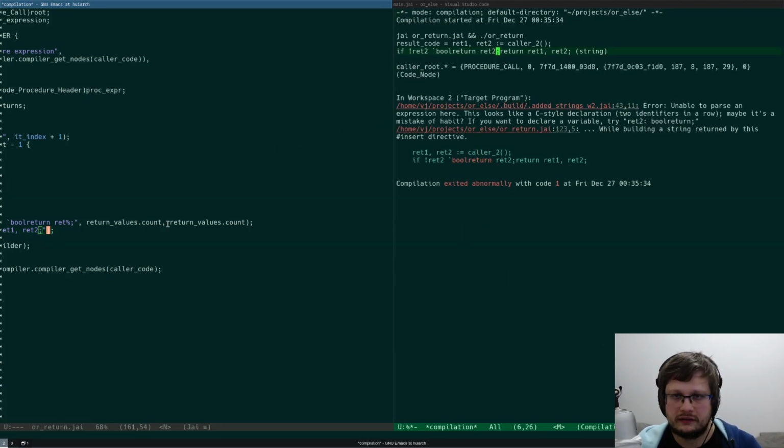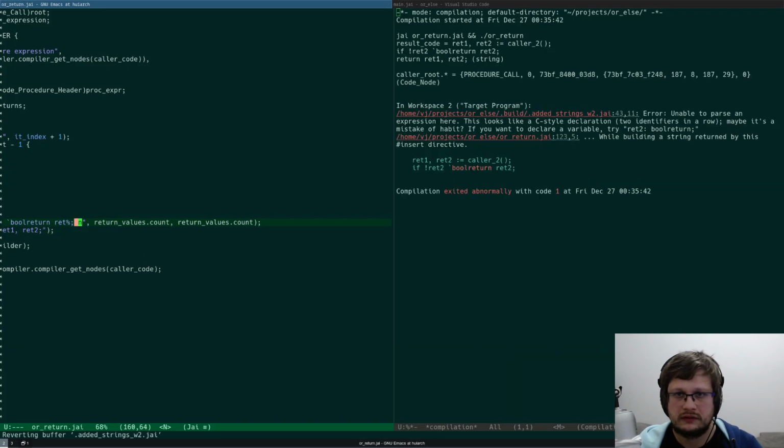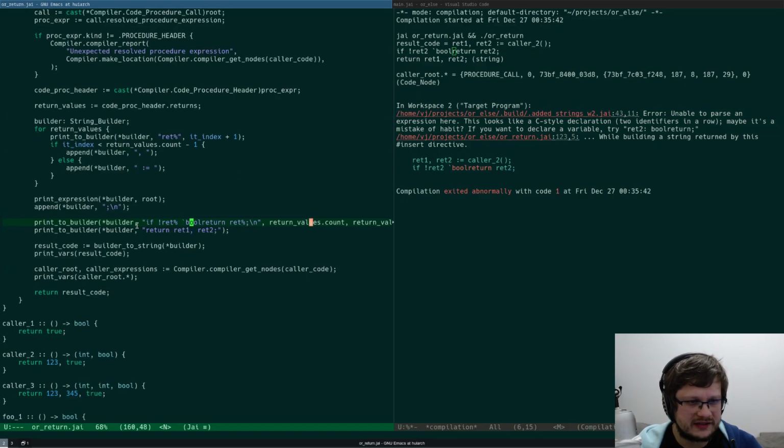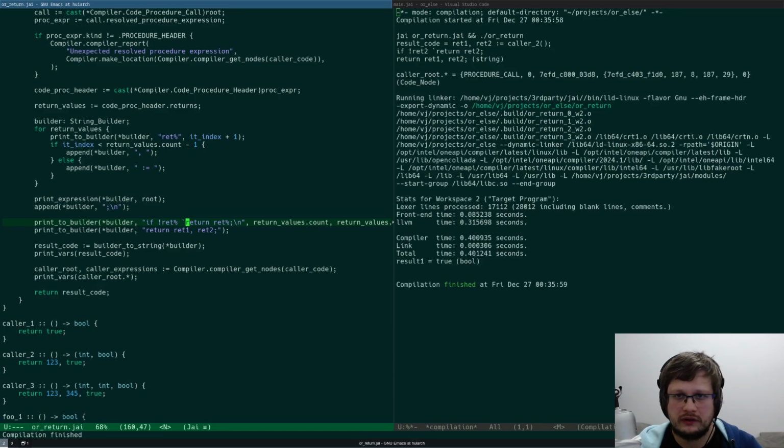Return, and then I need to do this like that. Unable to parse an expression here. This looks like C style. What? Color 2, if not bool? What the fuck? Oh, I accidentally pasted something wrong.